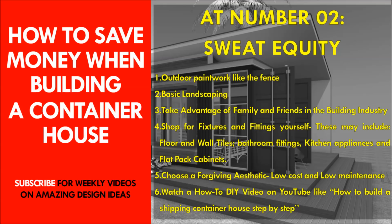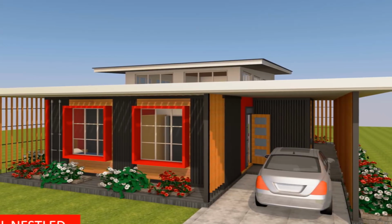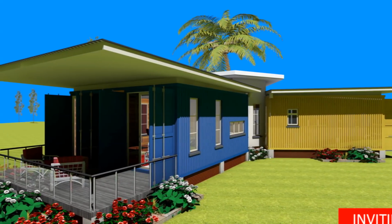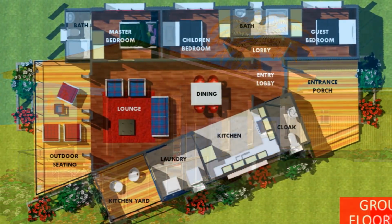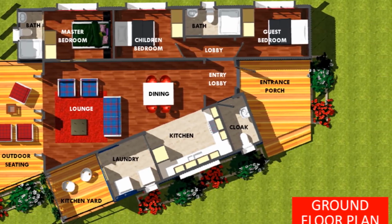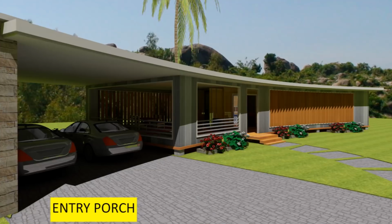Don't be afraid of a little DIY. If you are afraid to get your hands dirty, then this section will not be your cup of tea. Any work that is not technical on your shipping container house project, do it yourself to save on labor costs. If you have prior DIY experience on construction of shipping container homes, then this will be a huge cost-saving tip for any new home. Some of the DIY work on construction projects you can do without any prior technical experience